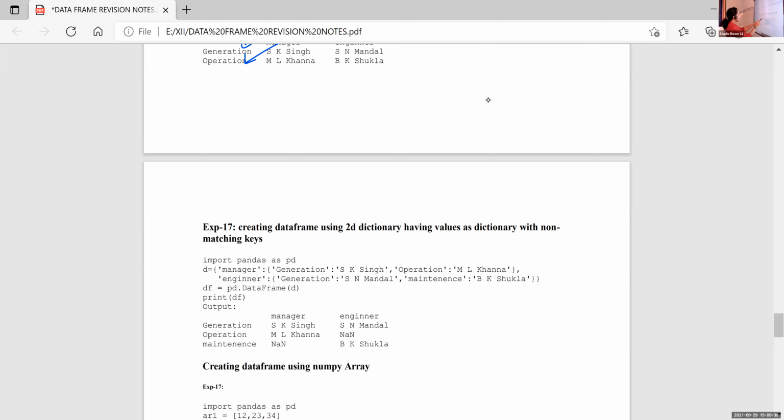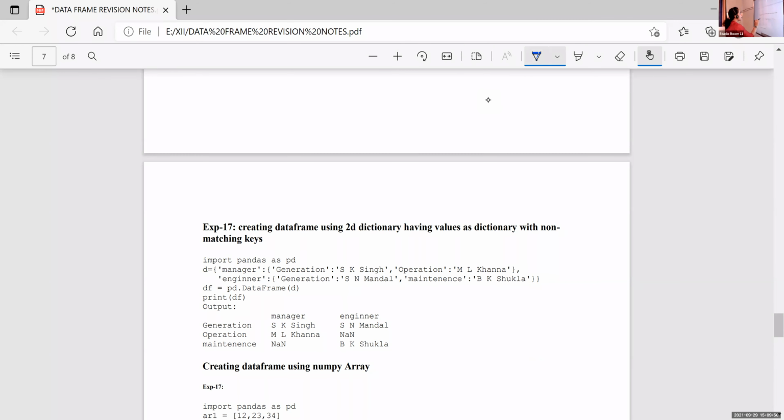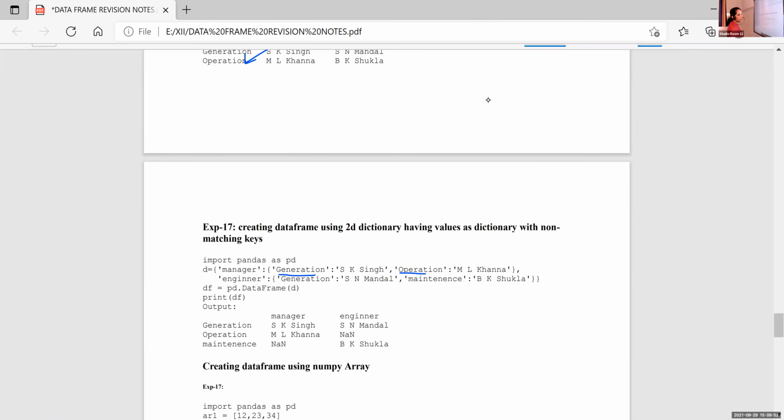In this case, D is equal to manager. Within that, under this manager, the 2 keys are generation and operation. But in the case of engineer, generation and maintenance are the keys. So here operation is missing, and here maintenance is missing. So those missing values are replaced with NaN. So generation, operation, maintenance are the row headings.